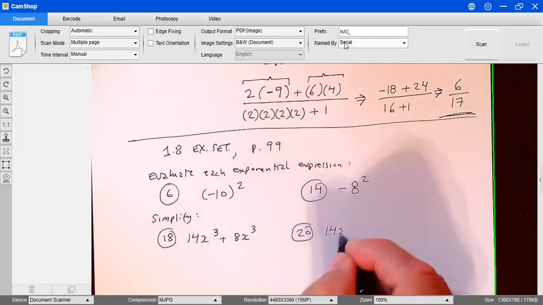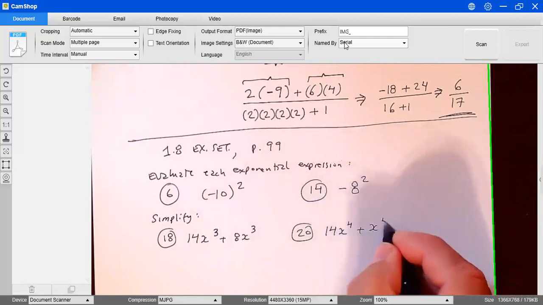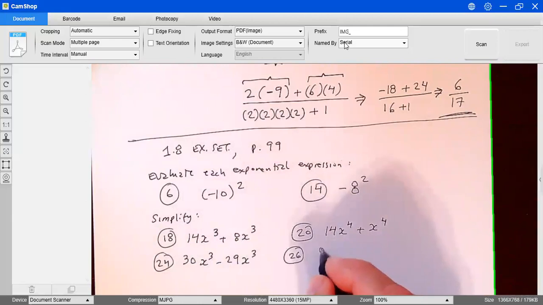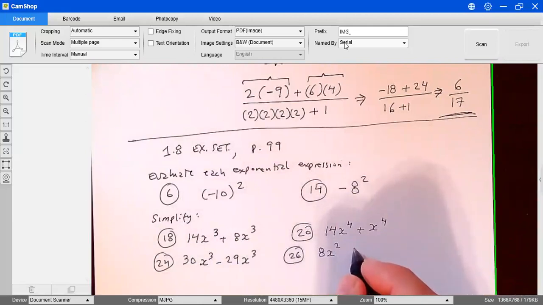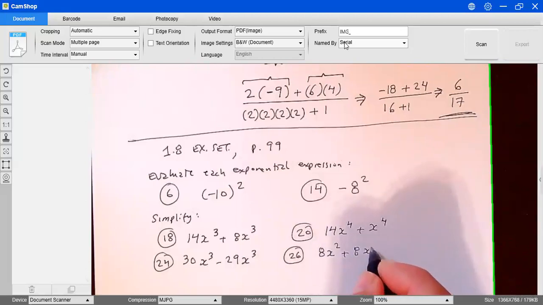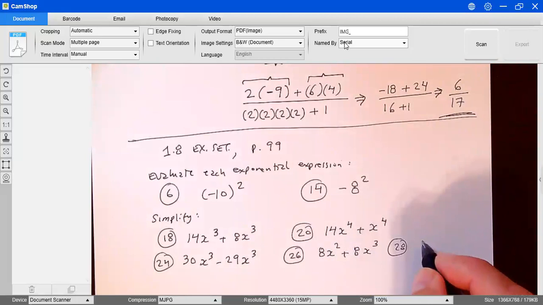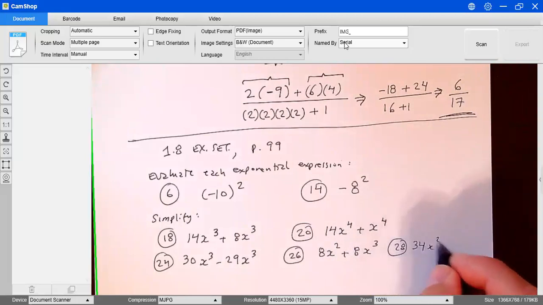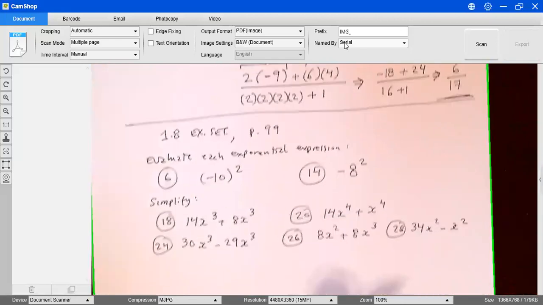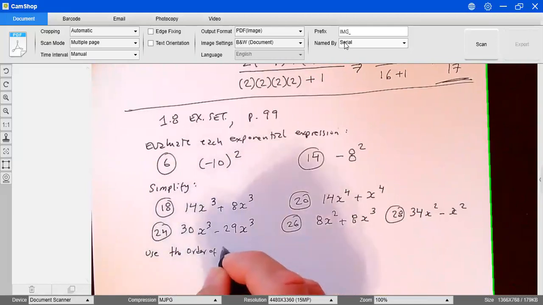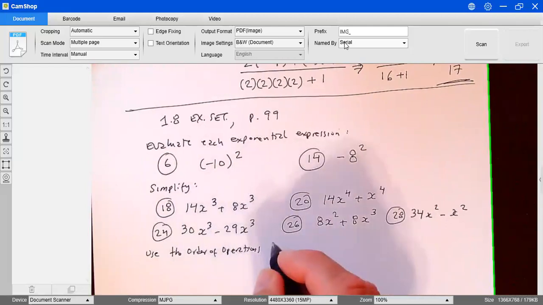20, you have 14x to the 4 plus x to the 4. 24 is 30x to the cube minus 29x to the cube. 26 is 8x to the second power plus 8 to the x to the third power. And finally, 28 is 34x squared minus x squared. Then you're going to use the order of operations rules to simplify